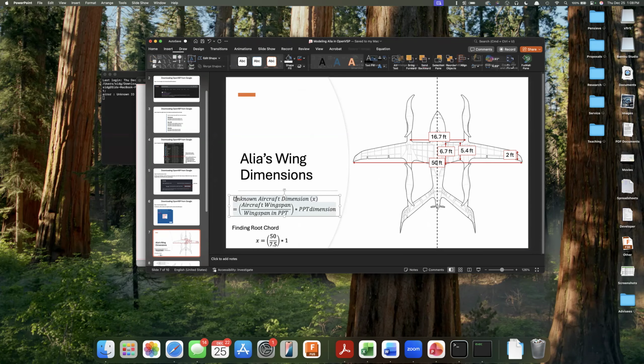So if I want to find a new aircraft dimension, say like distance between these booms or the root chord or the tip chord, I fix this ratio as constant. So that's the aircraft wingspan, that is 50 feet. The wingspan in PowerPoint is 7.5. That's from here. Because that ratio is constant, say if I want to find the root chord of the